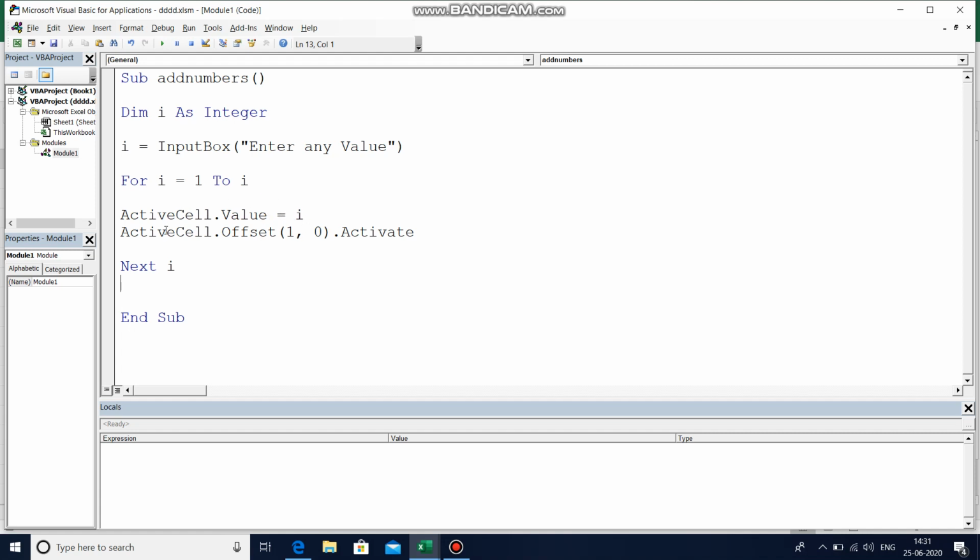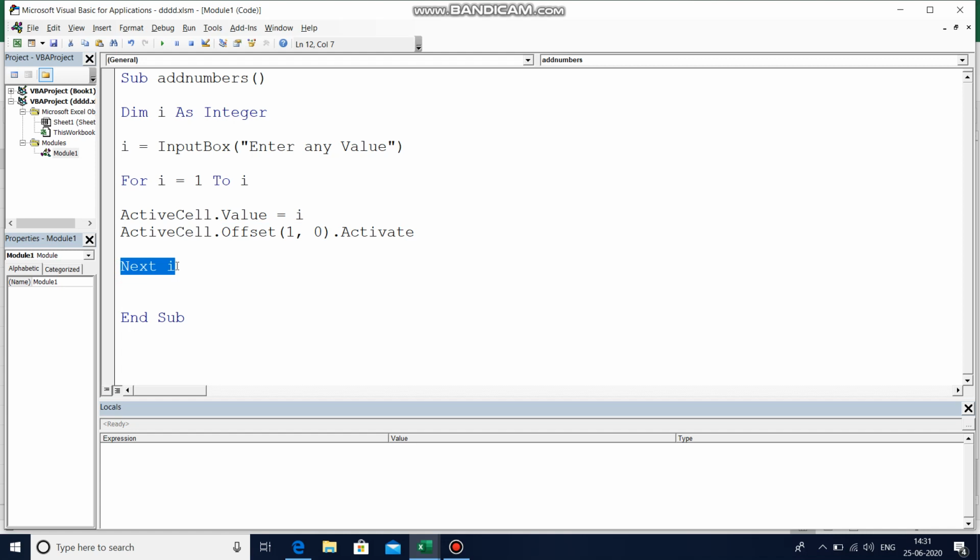Then cursor moves to the next cell using this offset 1 comma 0, 1th row 0th column. So automatically with this offset, selection changes to the next cell and gets activated.